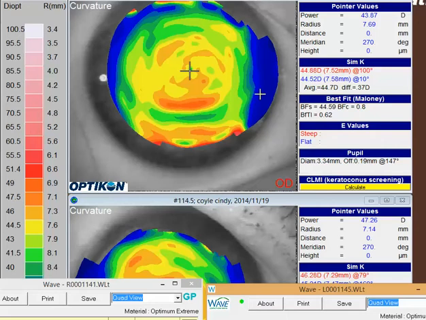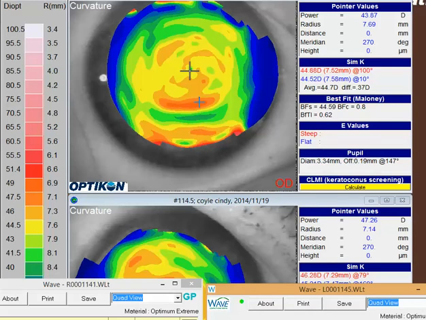So when you're going with these larger lenses, it's very critical that we get a real accurate measurement out there. Sometimes it's hard to get that data. If you can't quite get the data, that's okay. You just have to keep that in mind when you're designing the lens. Or secondly, another way you can get that, if you're sure this is all artifact out in the periphery, especially in this inferior quadrant, when you're